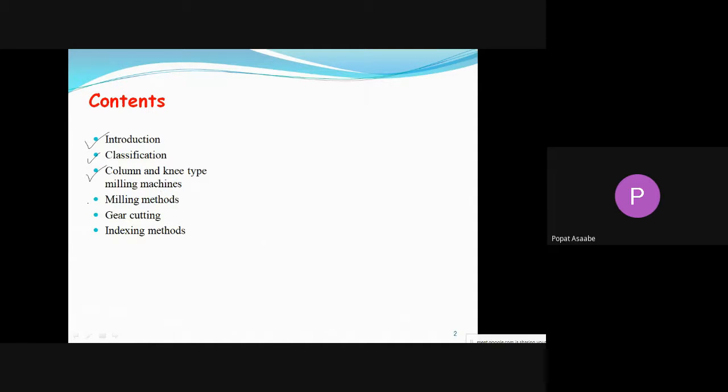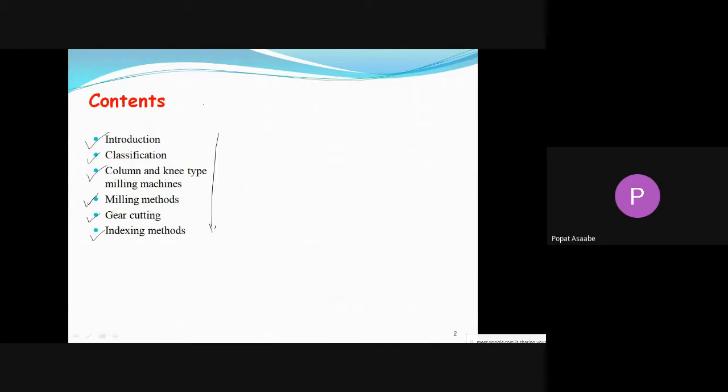Then we will discuss the milling methods, the different types of methods used to perform the milling operation. Then we will discuss gear cutting, how to perform the gear cutting operation with the help of the milling machine. And then we will discuss the indexing method. This is the syllabus for this unit.